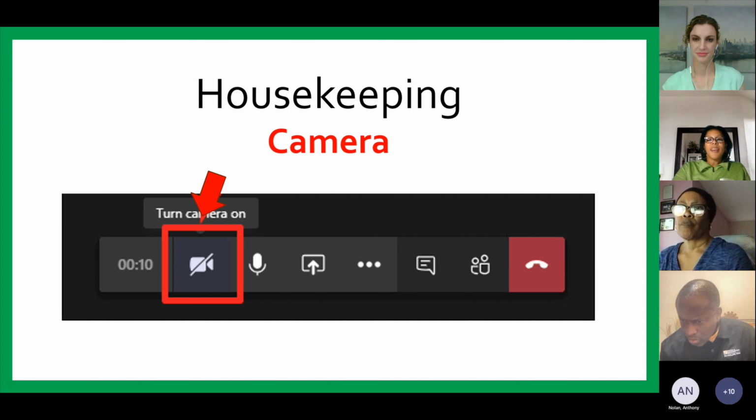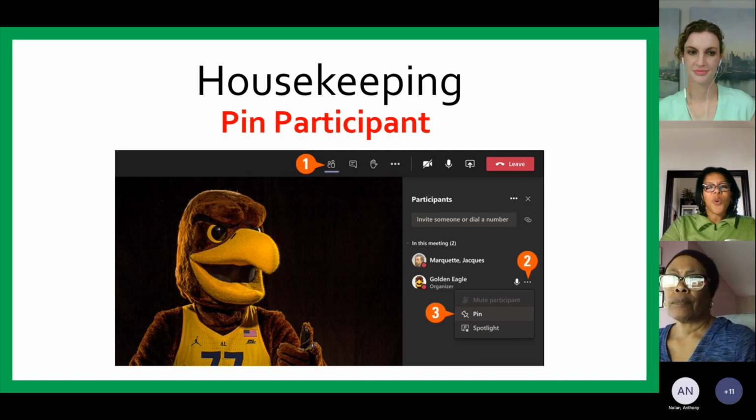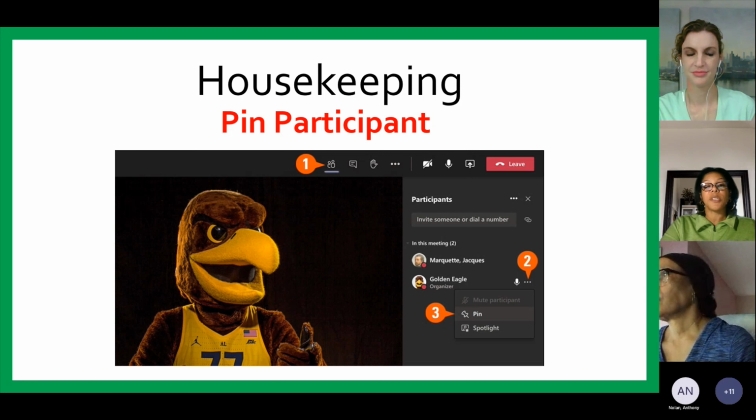To pin a speaker, I'd like to show you how you can pin a participant. To do this, you will need to click on the Show Participants icon. In the Participants column, select the individual you want to view on your screen and then click or tap the three dots icon to reveal a menu. From the drop-down menu, select Pin for Me. The pinned participant becomes the focus in your view and in your view only, regardless of the speaker. To unpin, repeat these 3 steps and select Unpin. Repeat the same process to pin an additional participant.